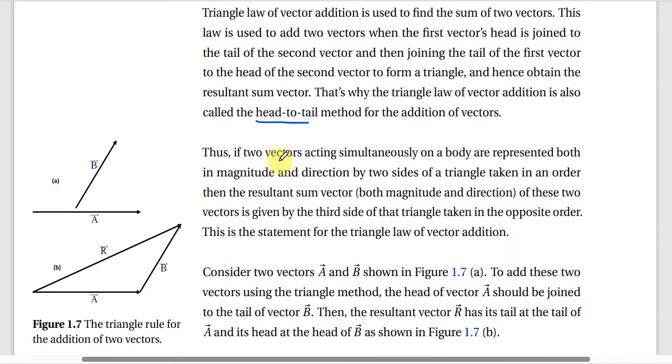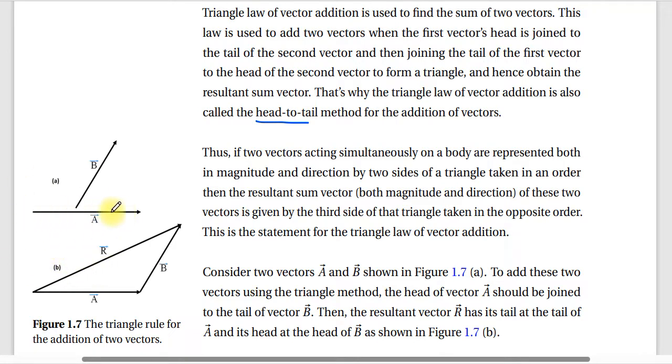Thus, if two vectors acting simultaneously on the body are represented both in magnitude and direction by two sides of the triangle taken in an order, then the resultant sum vector, that means both magnitude and direction of those two vectors, is given by third sides of that triangle taken in the opposite order. This is the statement for the triangle of ቬክተር አዲሽን ይለዋል። እንግዲህ ተመልከቱ፣ አሁን እዚህ ስዕሉን ተመልከቱት። ቬክተር ኤ እንደምታዩት